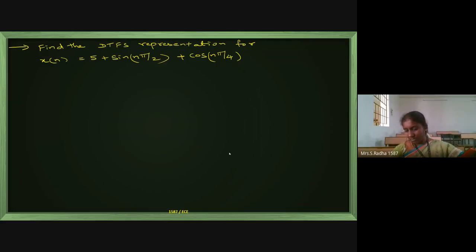DTFS. This is the next problem in DTFS. Find the spectral coefficients of x of n equal to 5 plus sine pi by 2n and cos pi by 4n. Sine is pi by 2n and cos is pi by 4n. Okay. So what I will do here, we already know